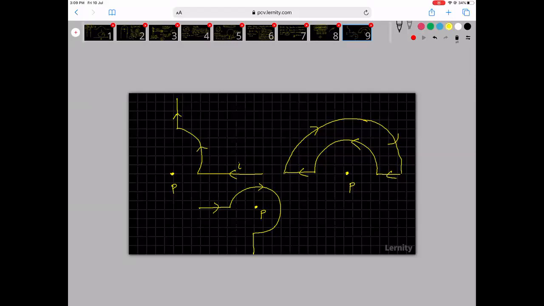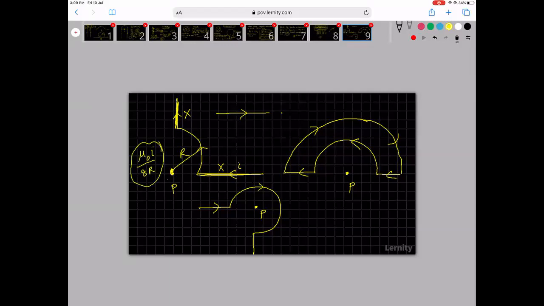So understand that if this is a wire and if you are at this point, the dl cross r angle will be 180 degrees or 0 degrees. So because of this wire here, there will be no magnetic field. Similarly, there will also be no magnetic field from the other wire. There will be magnetic field only because of this arc. For a full circle, it is mu naught I by 2R.